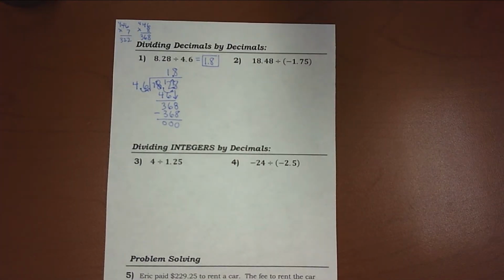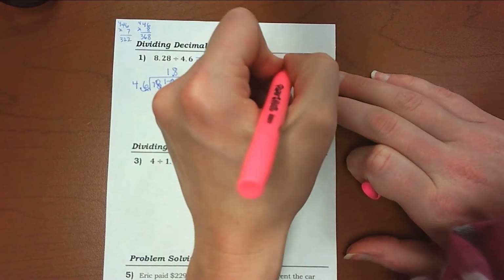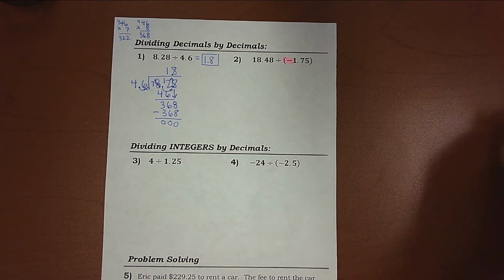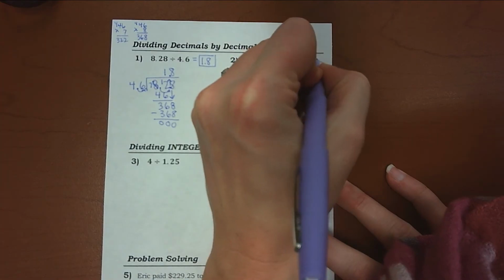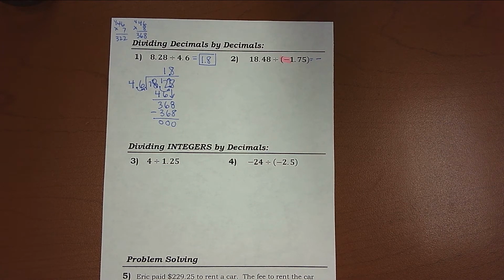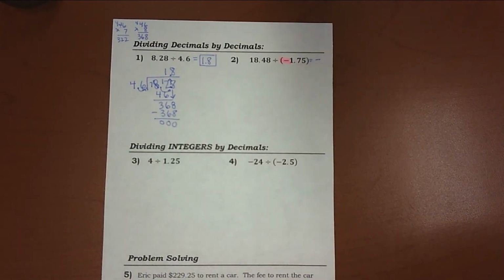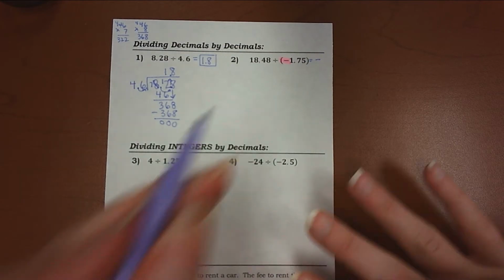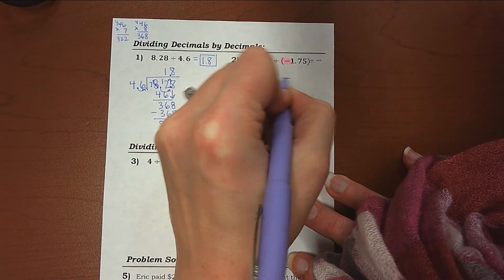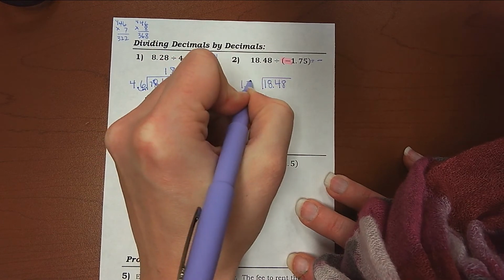On this next one, I would challenge you to highlight or circle the negative sign. Make sure that you understand there's a negative here. And then I always like to just put my equal sign with a negative right away, or if there's an answer line, put the negative on it right away, because I know a positive divided by a negative is a negative number. And then I can put my first number in the house, 18 and 48/100ths, divided by 1 and